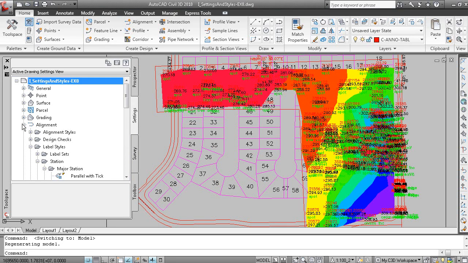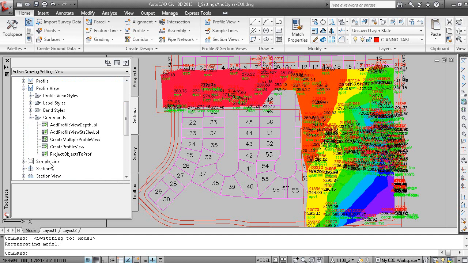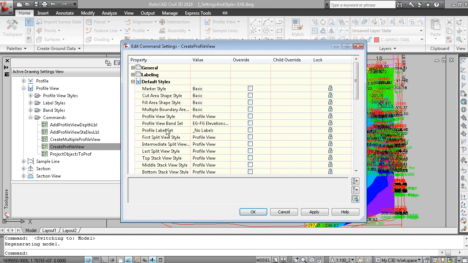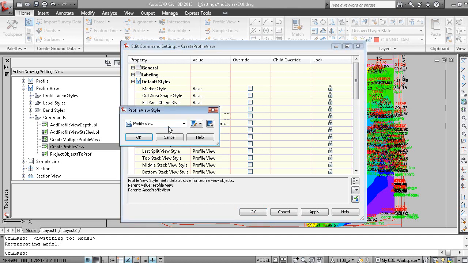Command settings are a really important part of standardization with Civil 3D. For instance, if I go to the profile view command and expand the commands tree, here's the create profile view command. I can right click and edit the command settings for that particular command, and in here you can assign a default style for the profile view. So for example, if I change the default profile view style here to major grids,